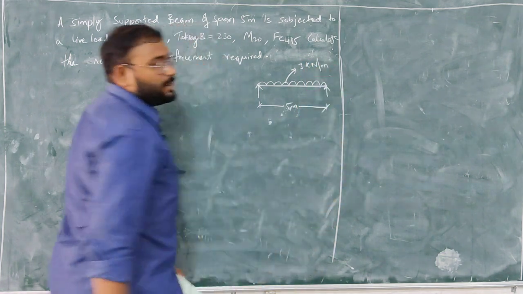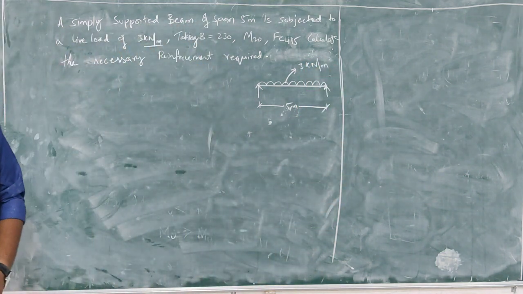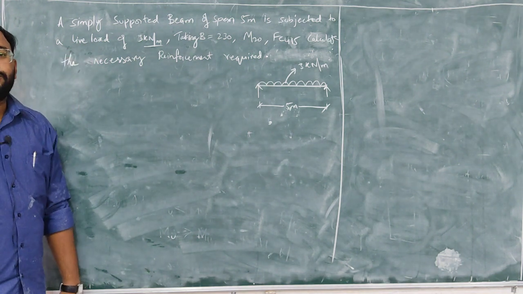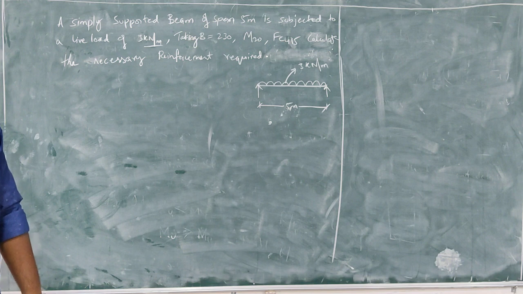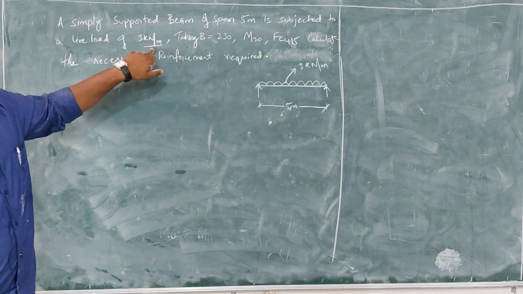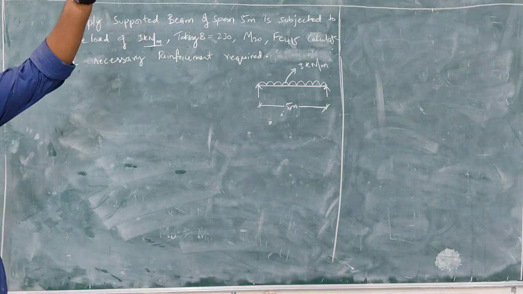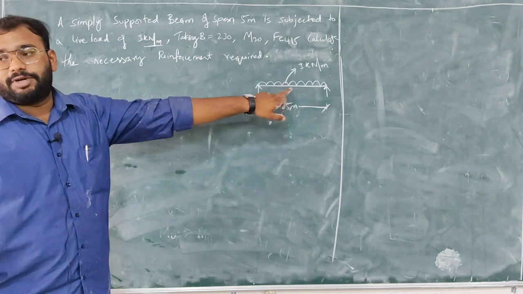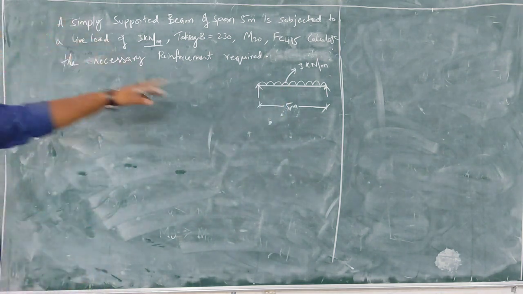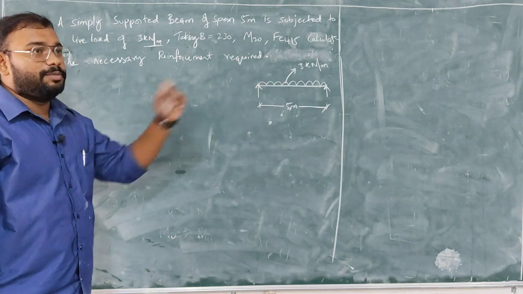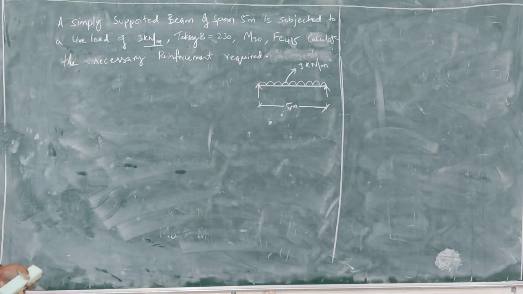3 kilonewton per meter. When we were writing the guidelines, I told you that live load is not more than 2 or 3 kilonewton per meter square. Okay, units are different there. This is kilonewton per meter, that is kilonewton per meter square. That is a surface load. This is what uniformly distributed load. Okay, so this is the condition given to you here. It is a uniformly distributed load of 3 kilonewton per meter over a span of 5 meters.